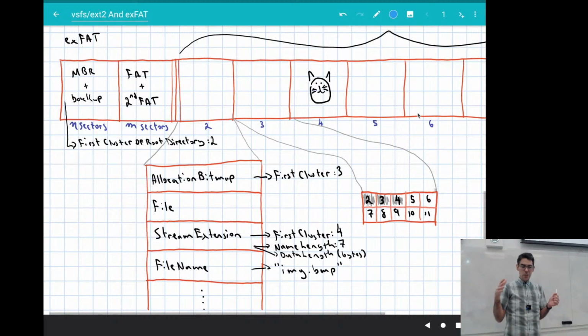We are actually technically going to need to make changes to the main boot sector, possibly because the main boot sector tells us how many bytes are free on the file system, but we're going to ignore that for now. We're going to pretend that that's not happening. This might also be happening for VSFS and ext2, but we're just going to pretend that that doesn't happen.